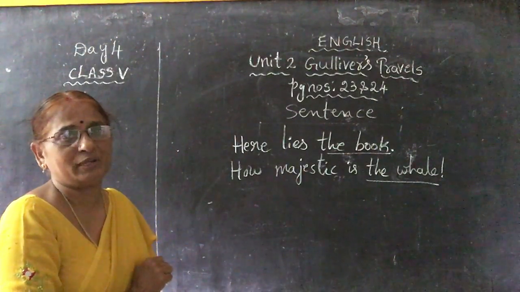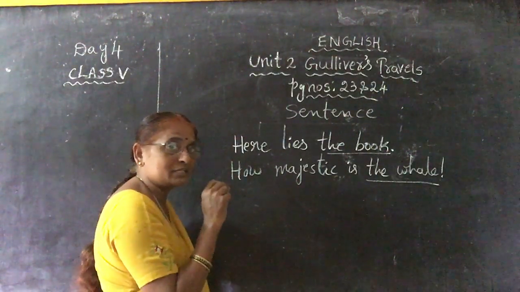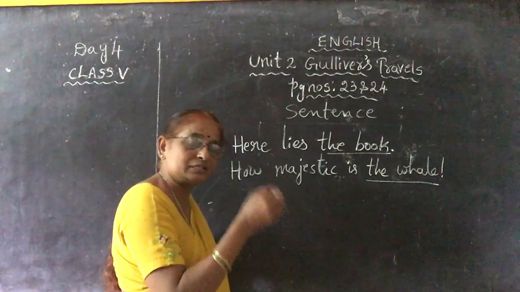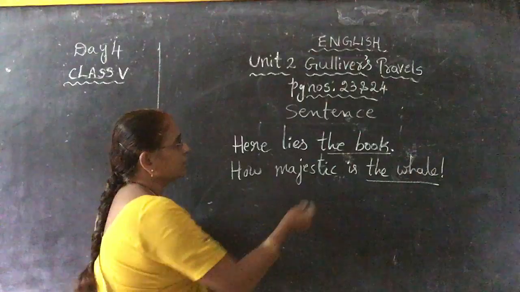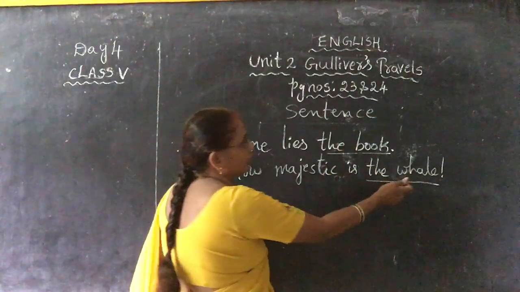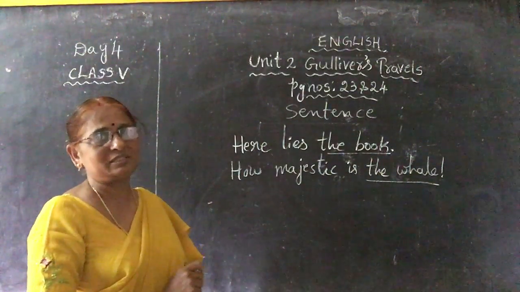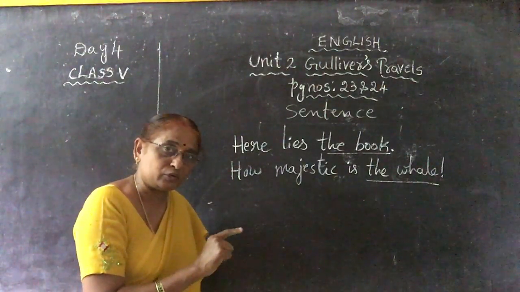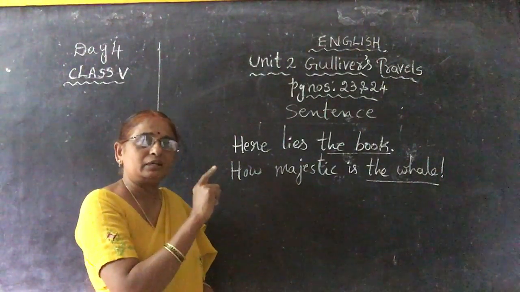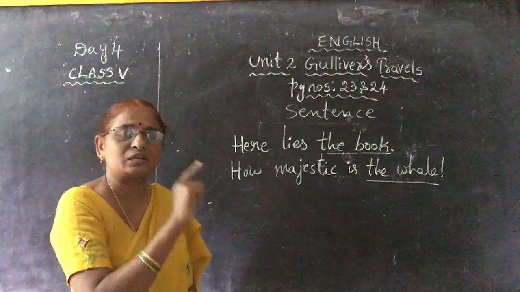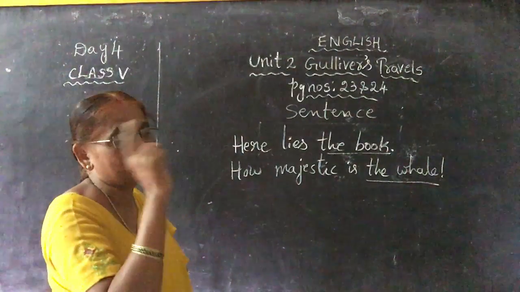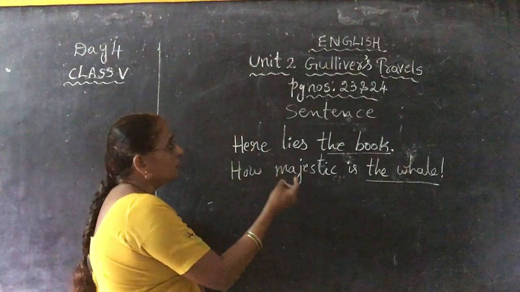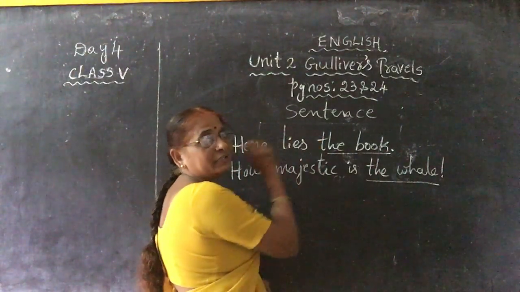You observe very carefully. Why? Because what did I say? The subject is the name of a person, place, animal, insect, bird, or thing. What is it here? A thing: the book, the whale, a water animal. It is the biggest water animal, isn't it? You think very carefully. First only I explained to you: the subject is telling about someone, the name of a person, place, thing or animal. You remember that carefully. Then you have to find out which is the subject and which is the predicate in the sentence.